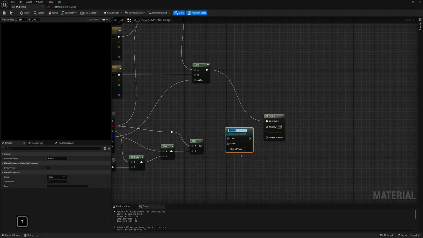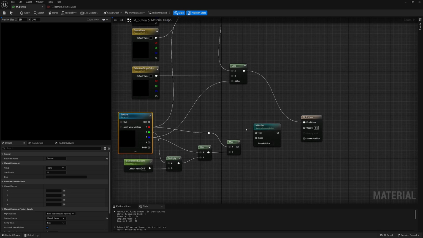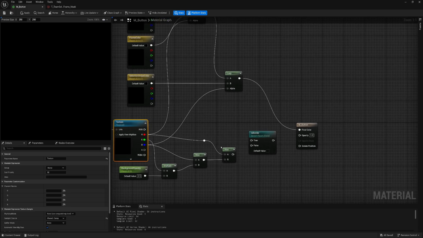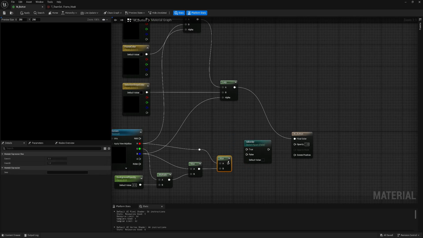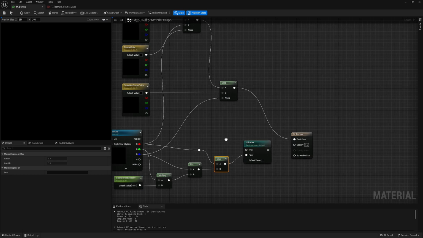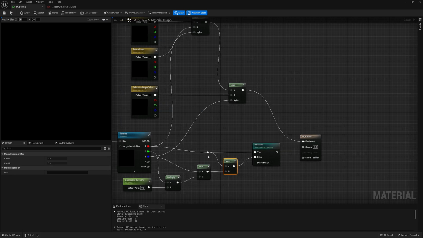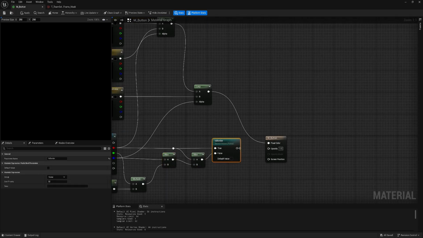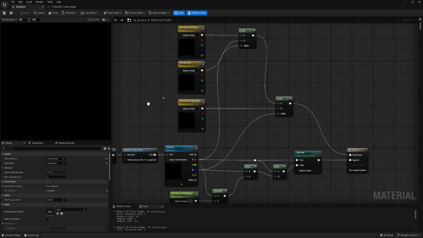Now I want static switch parameter, and I will call it is border. So as I said, I will swap this texture for the border as well. And alpha a little bit differently will work. We don't need all these alphas. So this one will go to false, that this is not a border. And then from this one, we'll go directly to red like that. And from here into opacity. Okay, now,